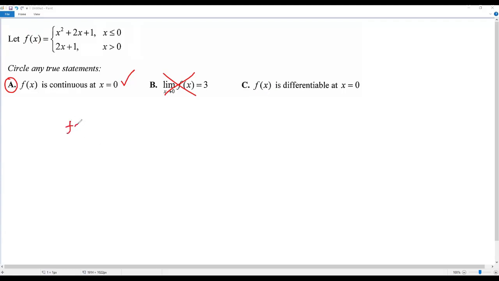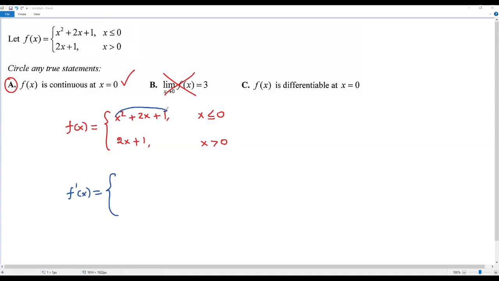For that, let me write the given piecewise function f of x as it is. That is f of x equals x squared plus 2x plus 1 where x is less than or equal to 0. And we have another piece that is 2x plus 1 where x is greater than 0. Now let me find the derivative of this function f of x, that is f prime of x equals to,